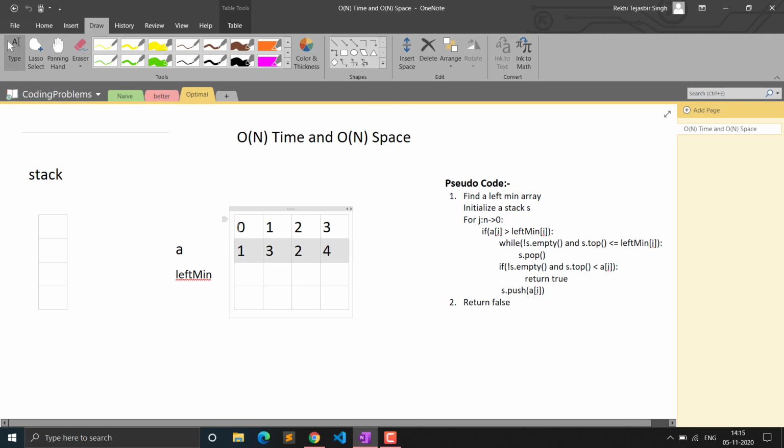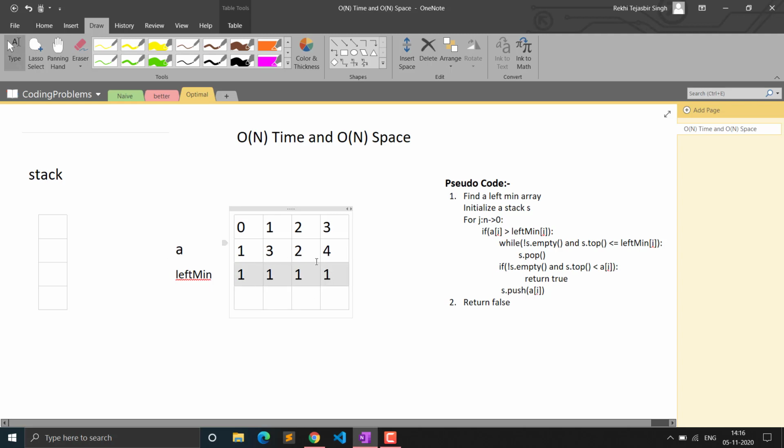So you can see this is our array and these are the indices. We will simply find the left minimum array for this array. For 1 the left minimum will be 1 only, because there is no left element to it. And for 3 the left minimum will be the minimum of left minimum at i minus 1 and array of i. If i is at this point, i minus 1 will be this 1, and array of i is 3, so the minimum of them will be 1. Out of 2 and 1, what is the minimum? 1. Again 4 and 1, what is the minimum? 1. So this will be our left minimum array.